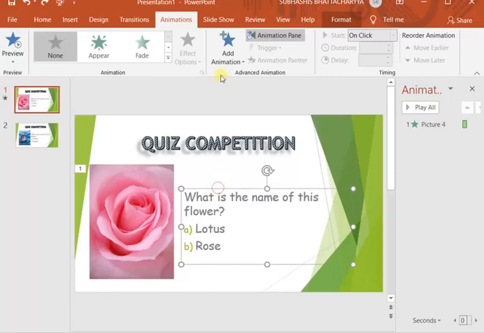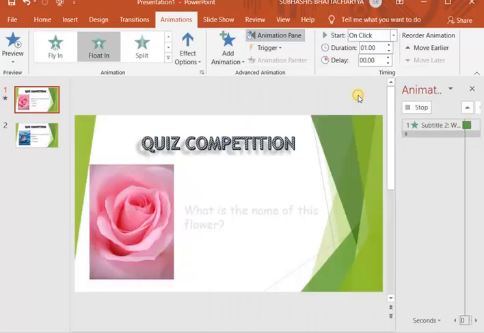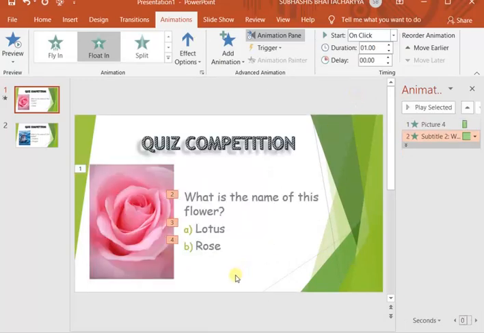How? Select it, add animation, select such an animation that will give only one effect. Here each line is taken as a simple animation. So you can keep it like this only.